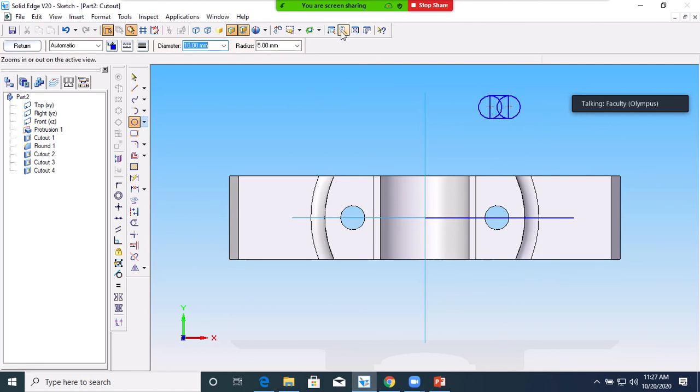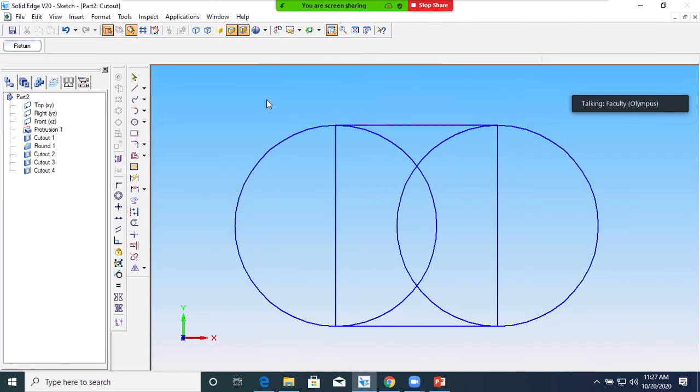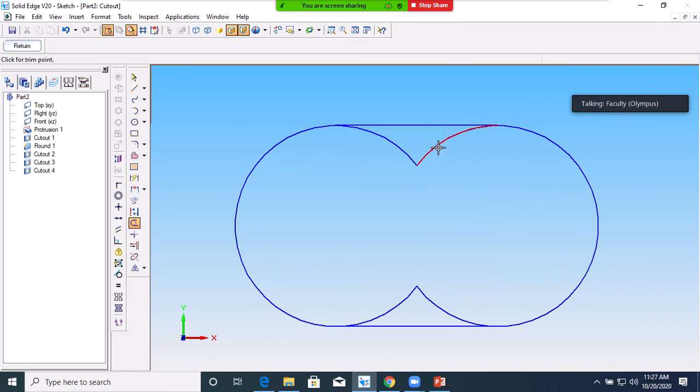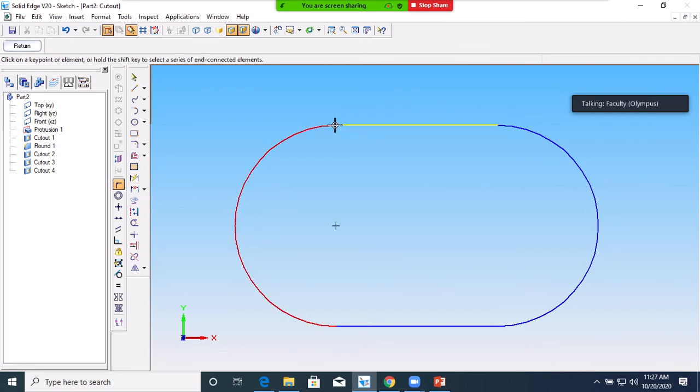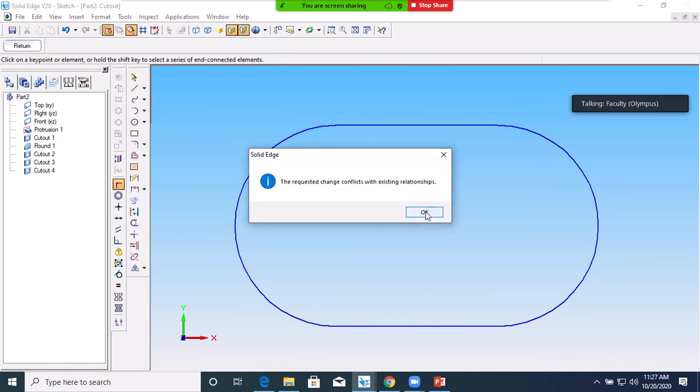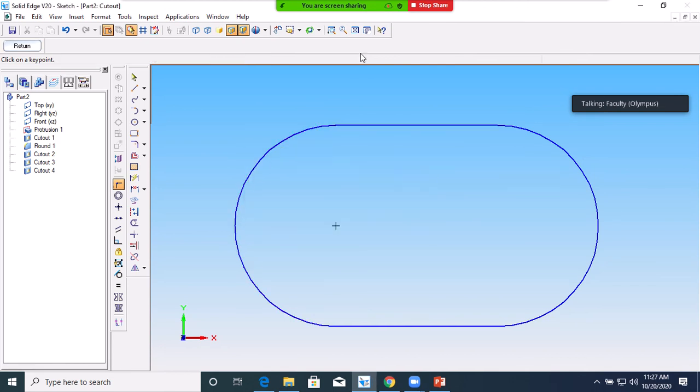Then trim the unwanted portion. This line I don't want, this line I don't want, and so on. I have a doubt whether, where the line and curve meet, it is joined or not. It's joined. If it is joined, no problem.